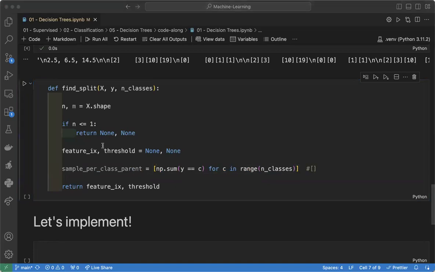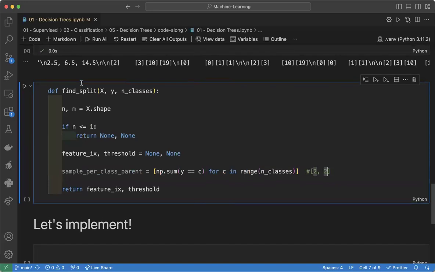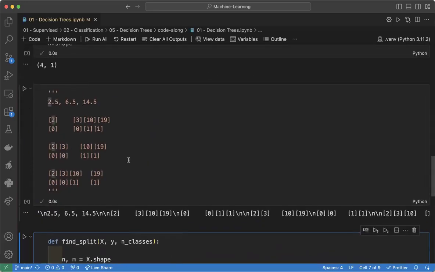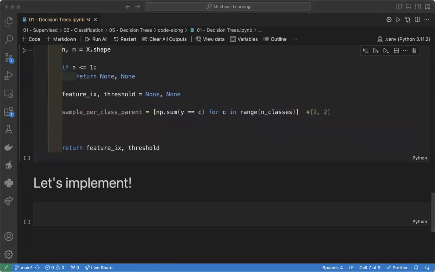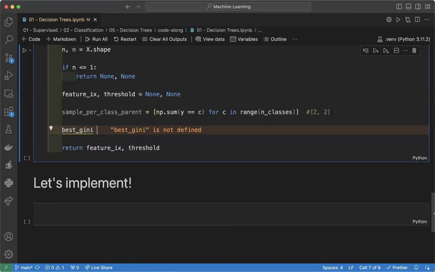It will give you 2, 2. That's it. So basically, it will give you that there are 2 samples of class 0 and 2 samples of class 1. So that is perfect for us. And the Gini index of the parent is nothing but, so let's say that we call this best Gini first, is nothing